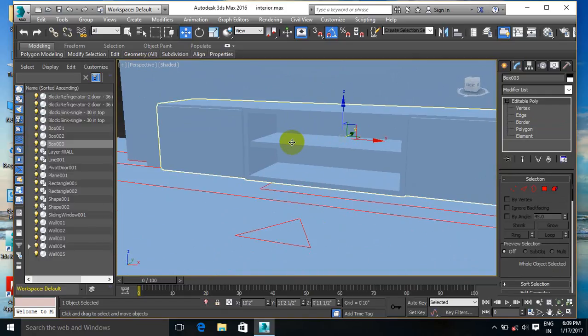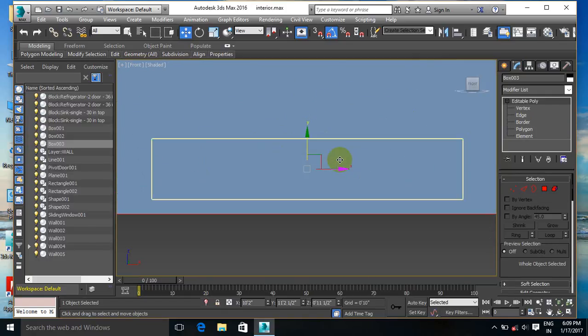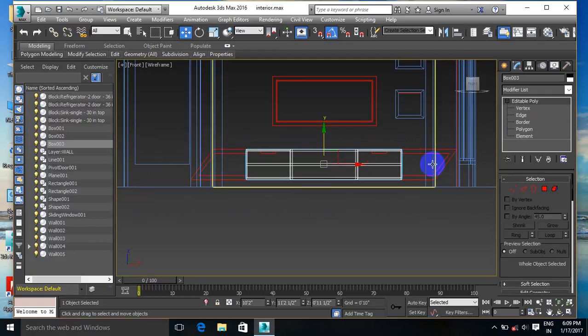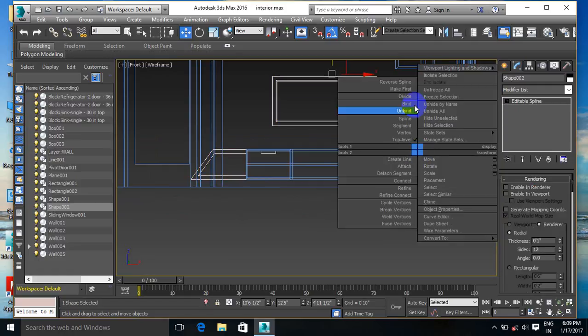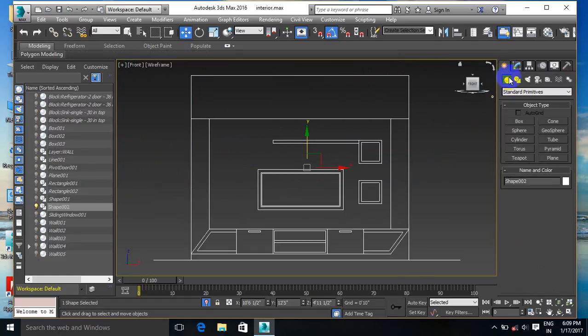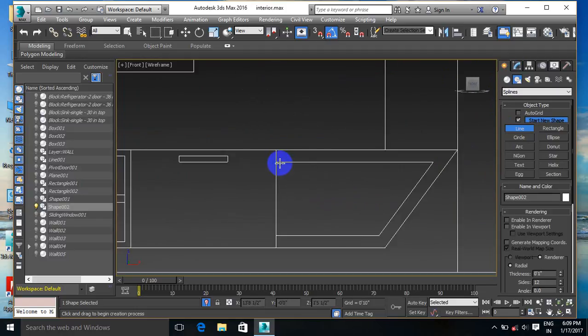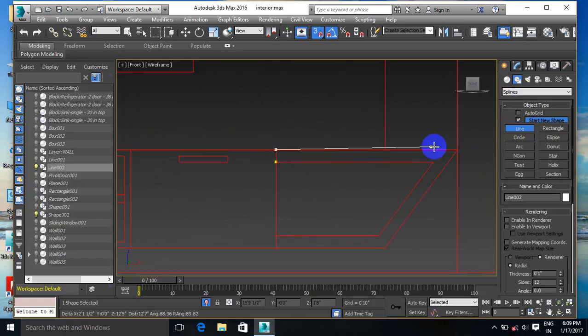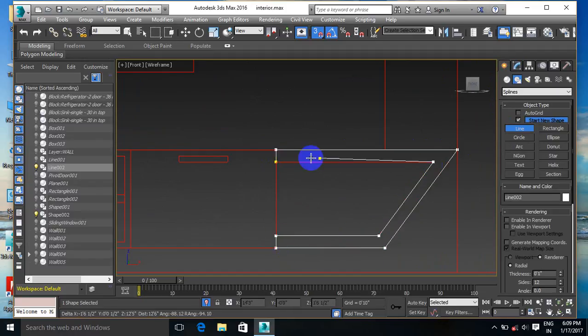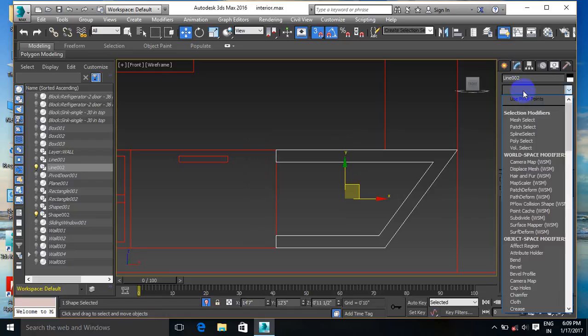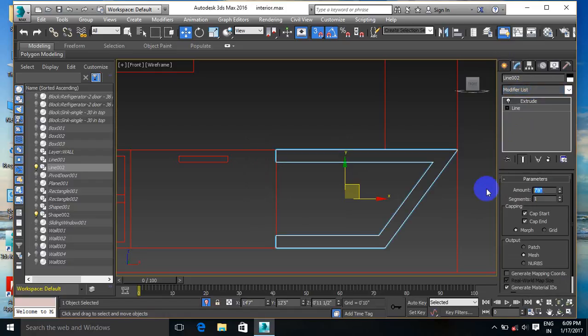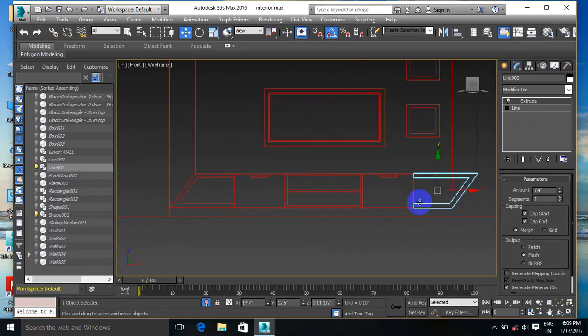So now go for front view. Now we need to do this part. So now select this, right click, you will isolate, go for shapes, take a line on the snap first. Yup, so yes, now go for modify, extrude,